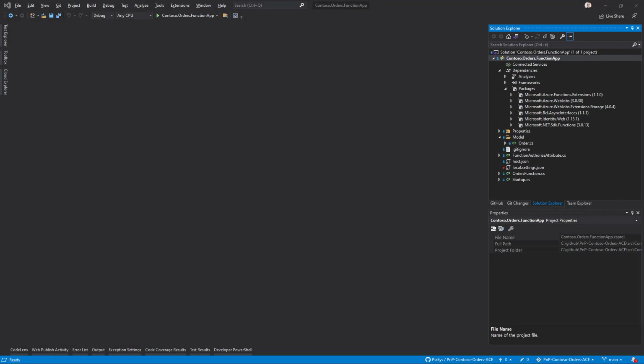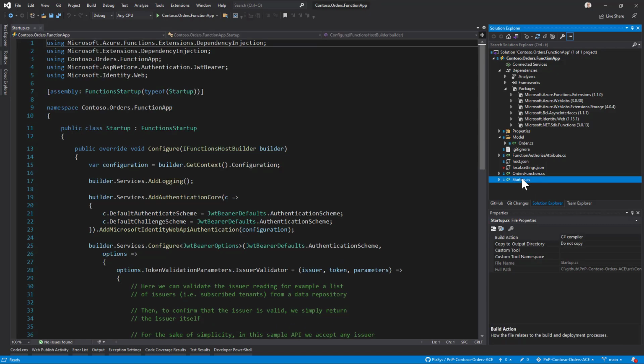So here we have the Visual Studio solution for the backend API, which is implemented as an Azure function. And first of all, let's have a look at the packages that we are referencing in this solution, and specifically the Microsoft.Identity.Web, the Microsoft.NET.Sdk.Functions and the Azure Function Extensions one. Then this is a function app configured to use dependency injection, and as such in the Startup.cs file we define this to be the function startup,